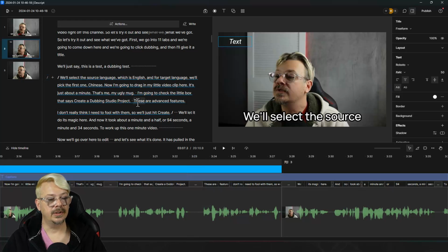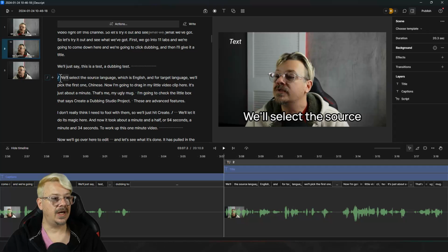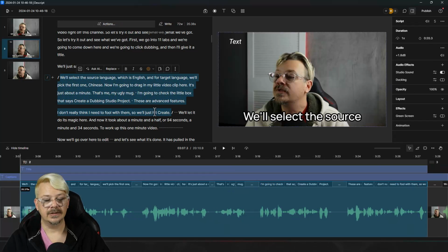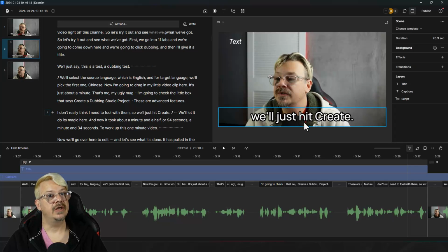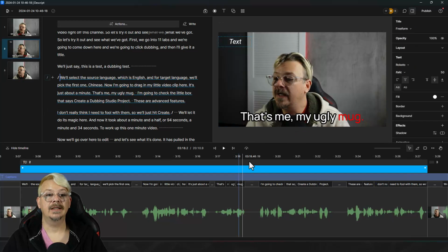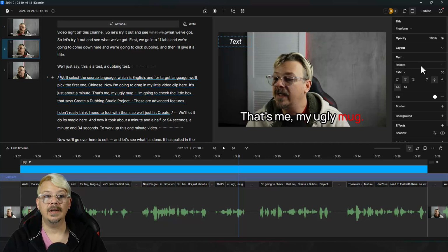Now, your other option is to create scenes, and scenes are very handy, and as you might have noticed, we went from 1 scene over here in the scene rail to 3 when we told Descript we wanted to add a layer just on this 1 section of text. It went ahead and split that section into its own scene by putting these little slash marks before and after it. Either way, it drives me quite batty that I cannot just select this title and somewhere over here in the properties tell it when I want it to start, when I want it to end. That would make sense, right?